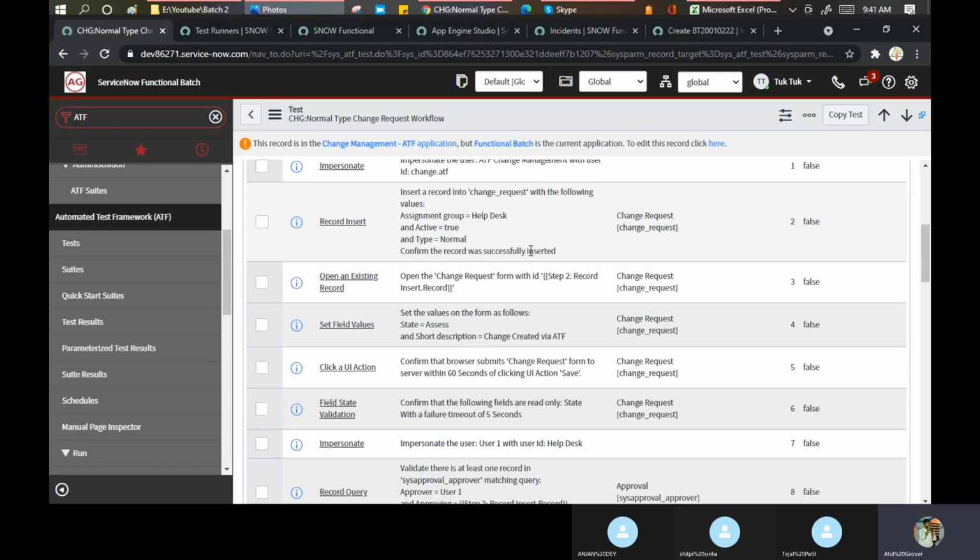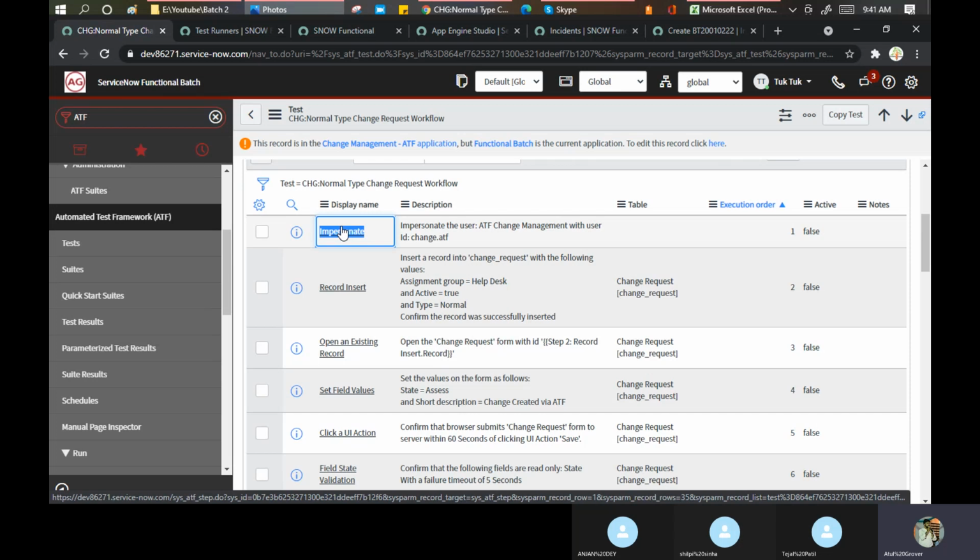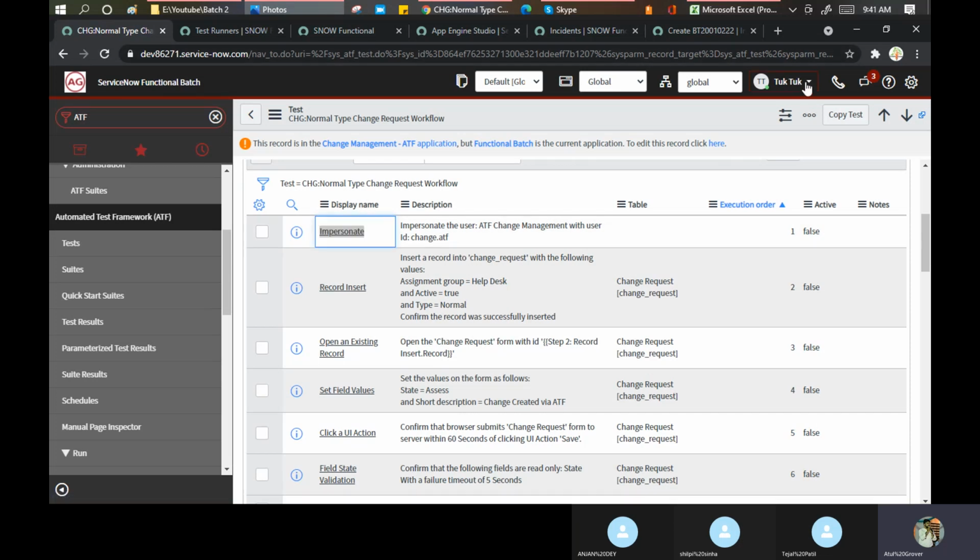So what I want to show you here is that we have multiple actions. I want to test a test case not from the admin but from other users. So I have a functionality called impersonate as well. This impersonate, I can do from the automation testing.